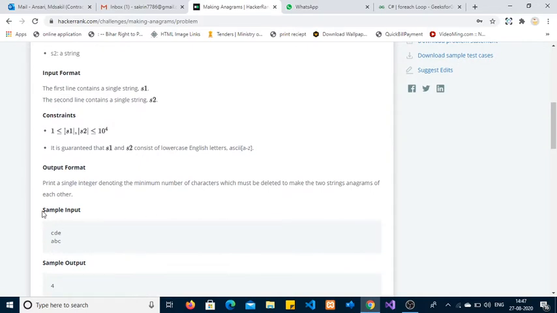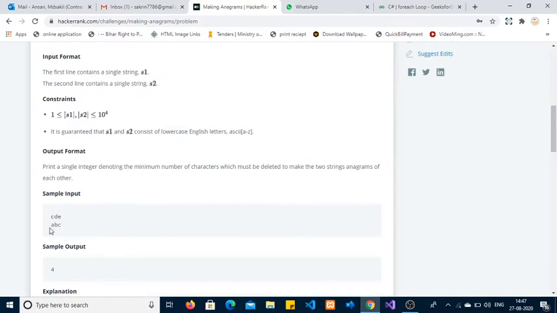Similarly, this is the first sample test case, CDE and AB. In both strings, nothing is common. We should delete CDE from the first string and AB from the second string, and the count of deleted characters will be 5, so that is returned.